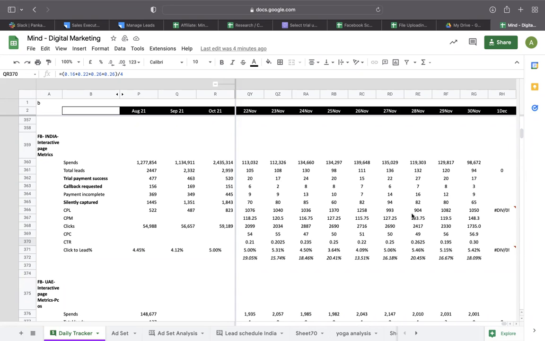But that affiliate partner will work on a specific cost that will not increase or decrease unless it's in the contract. For example, for this particular client, the CPL that we are ready to pay the affiliate partner is 500 rupees, so they'll work for us at 500 rupees only. But on Google and Facebook, you can see that CPLs are very high. These guys will work with the publishers to get the results that we want. So collectively, we will be able to achieve that 300 leads target, divided between three things: one is Facebook ad, second is Google ad, and third is affiliate.